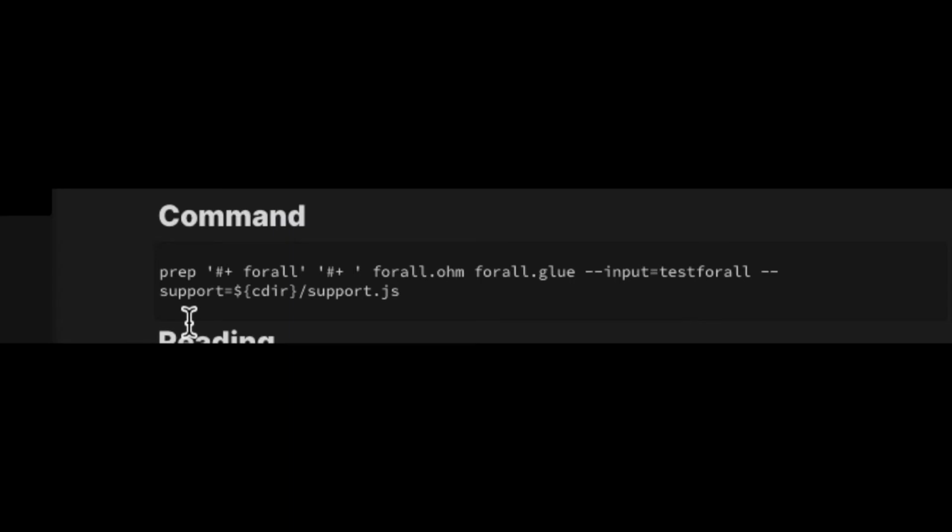The command that kicks all of this stuff off says look for a block that starts with one or more number signs followed by a for all. The block ends on the next number sign, set of number signs followed by a space. When we find that block, we then hand it to the for all pattern match in grammar. After the grammar, we hand it to the reformatter, which is written in the for all spec, which we just discussed. And then we input from the test for all